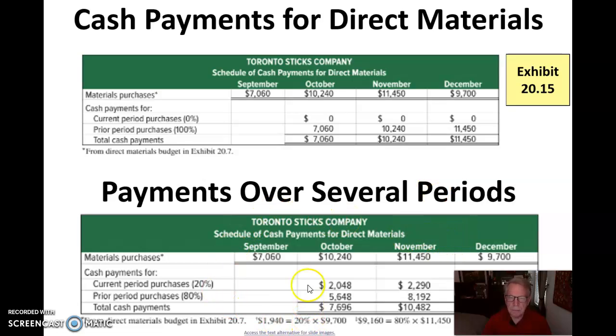Now, over several periods, we might say, hey, we're only going to pay for 20% of October. Let's make sure that they've done that right. 10,240 times 0.2. Yeah, they're saying in the current period, we're going to take 10,240 times 20%. But we're not going to pay 80%. 80% of our September sales, we're going to pay, let me make sure that's right, 5648 times 0.8,